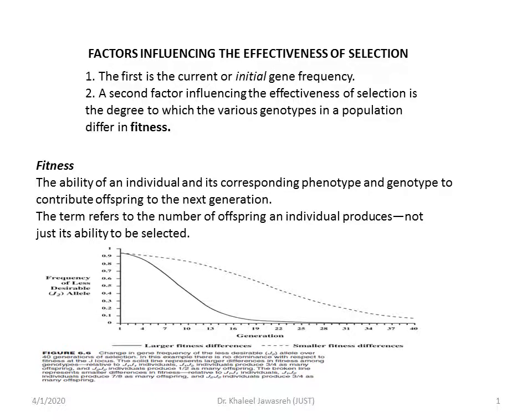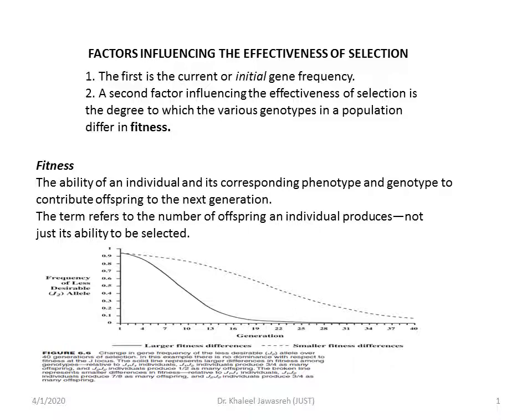Okay, now we'll go directly to discuss some factors that may influence the effectiveness of the selection. As we defined selection previously, it is to select the individuals to be the parents of the next generations. By selecting those individuals to be parents for the next generation, we give them the opportunity to distribute their genes and to increase their frequency among their offspring and through the successive generations. So they have a good chance to increase it.